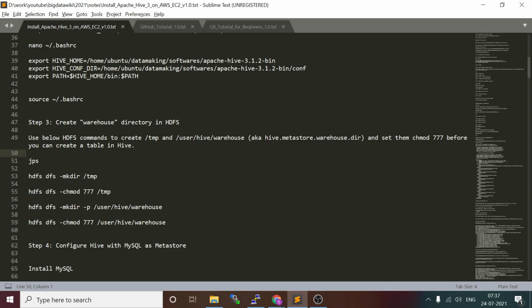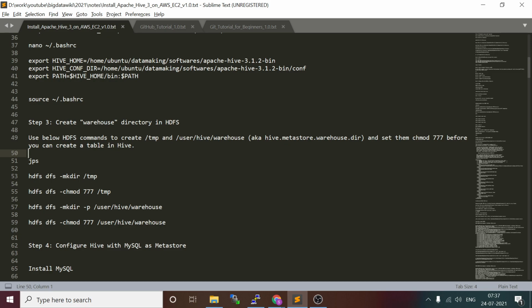We will discuss this when we discuss Apache Hive. Hive manages the data for your table in this location. All your metadata is stored in something called the metastore, which we will configure in the subsequent steps.